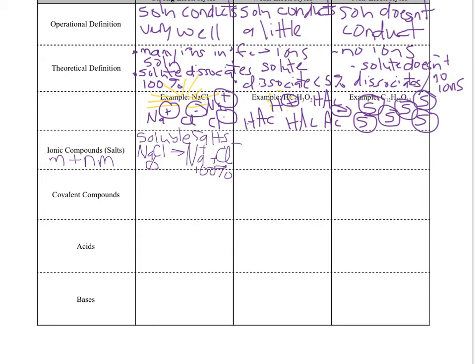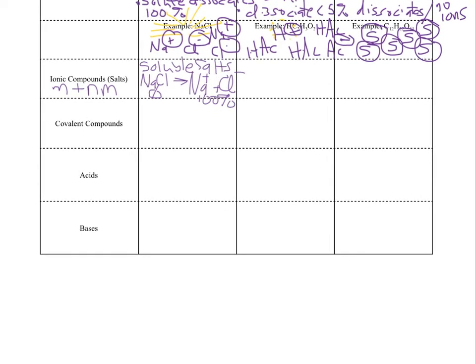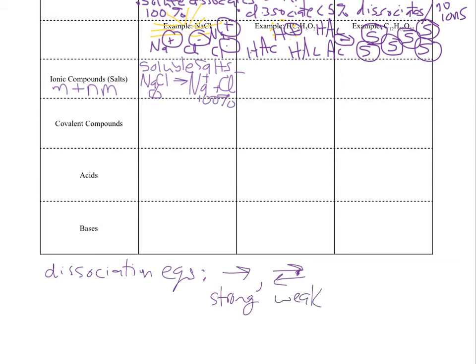So the key here, I'm going to write this down for dissociation equations, and you should write it too. If they happen, you're either going to have one arrow, or, as we're going to see in a couple seconds, a reversible arrow. That's going to be for strong, and this is for weak. Okay, so then for salts,